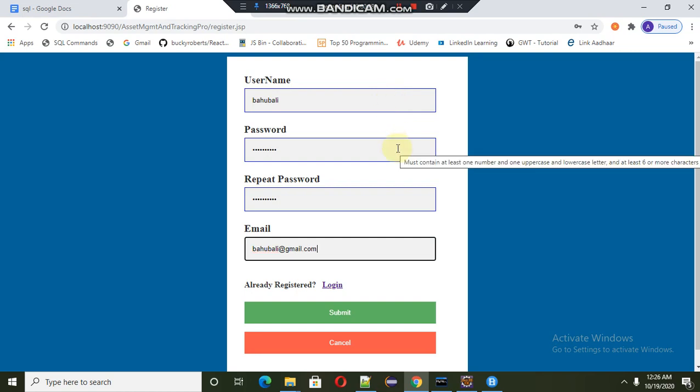Just be sure that your password contains at least 6 or more characters, at least one number, one special character, and one uppercase letter.